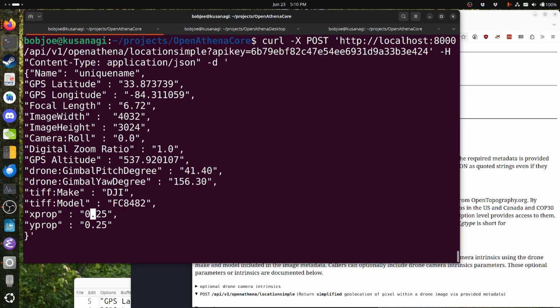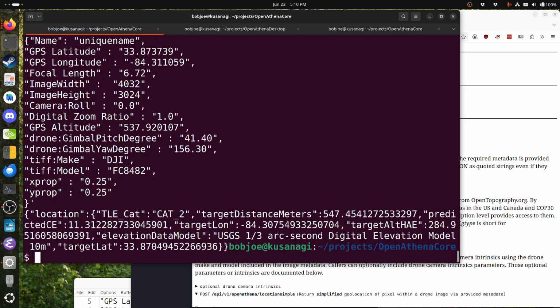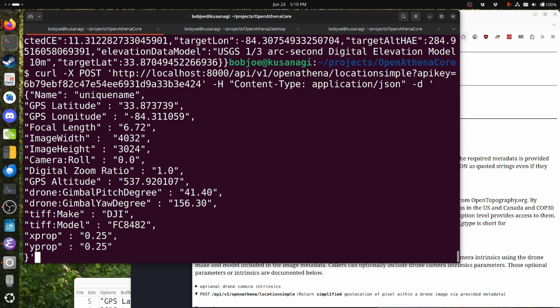And as soon as we feed those values into the API, it does a terrain-raycast calculation. It's a very quick O(1) operation. And then it spits out the target coordinates and the anticipated maximum error, and that's basically it in terms of the most interesting functionality. Now it also supports